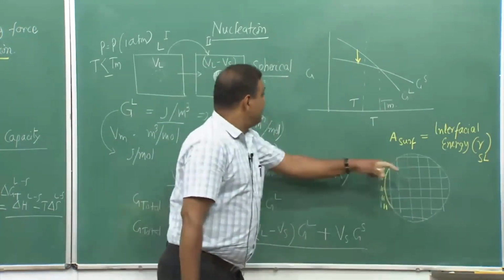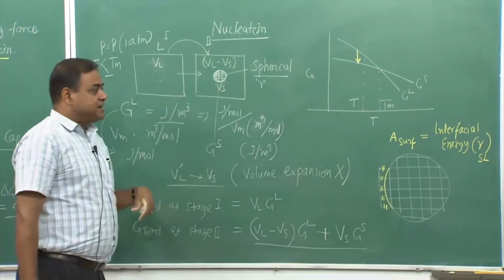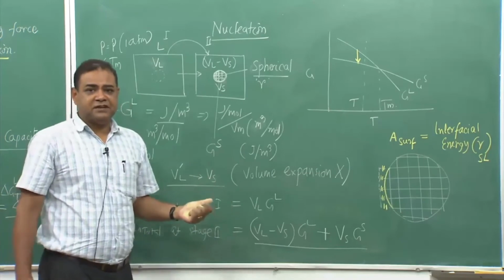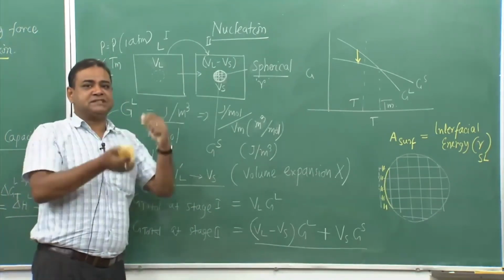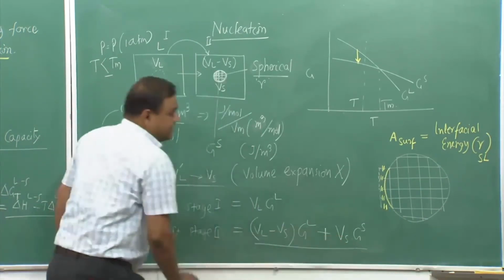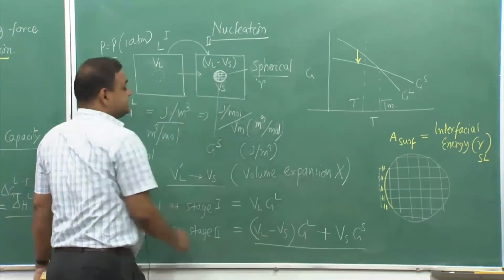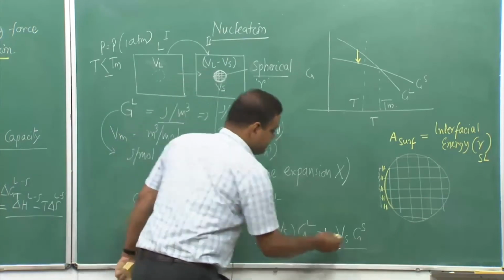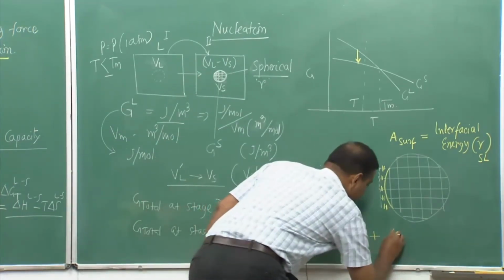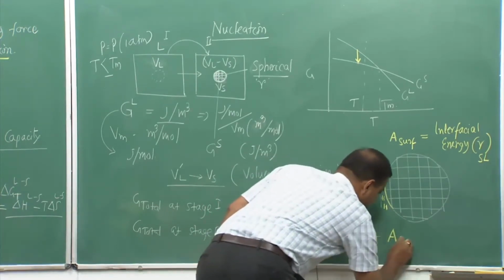So, that means whenever I form a solid, I do create an interface and I do have interfacial energy which tries to increase the system energy. Okay. So, now here the story does not end, because since I have created an interface, I do have to consider the interface energy part, the total interface energy, which is A S